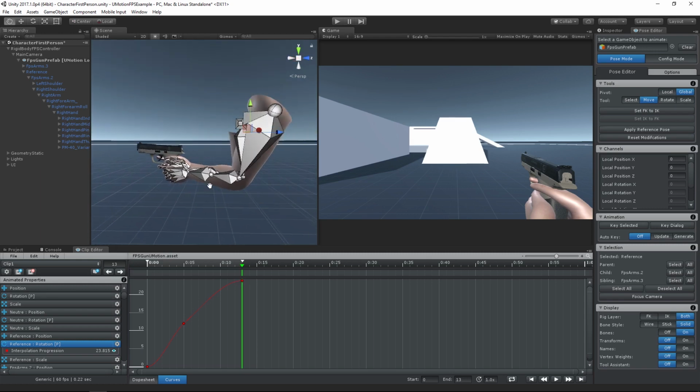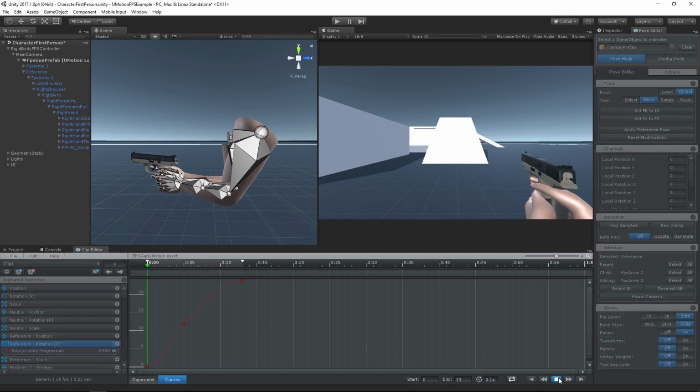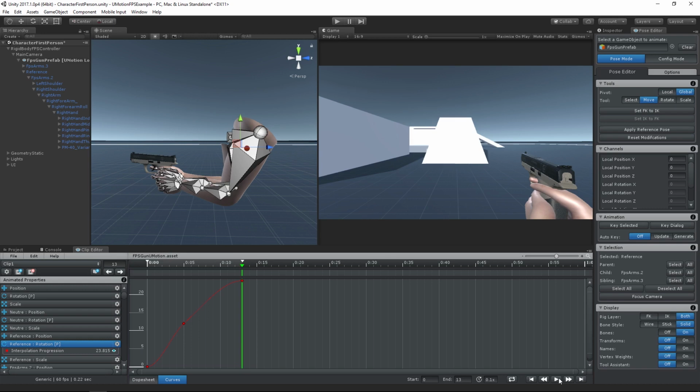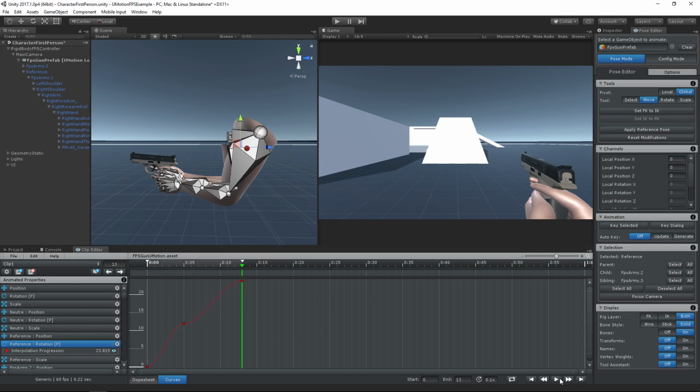This is okay, but in the middle, where we start to rotate the hands into the opposite direction, it will keep the speed constant. This is very unrealistic, as in the real world you would first decelerate and then accelerate again to move into the opposite direction. Setting the key tangents to free flat mode will produce the desired result.